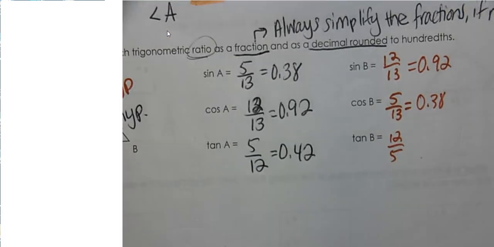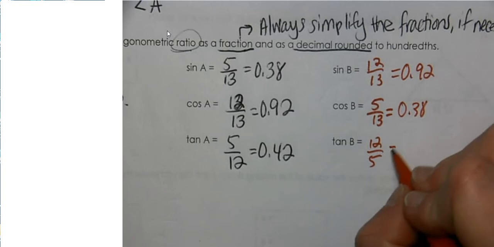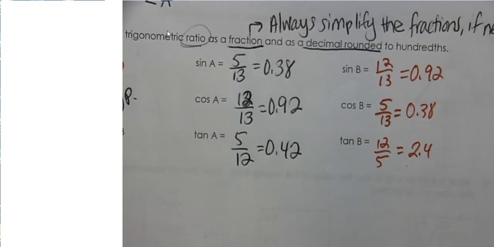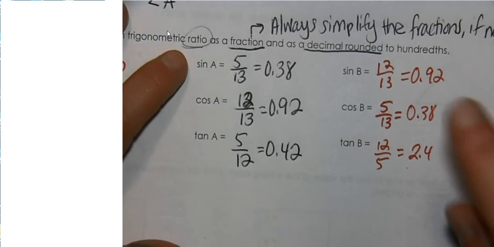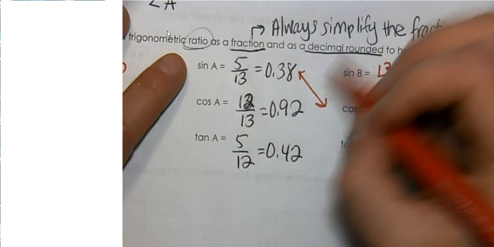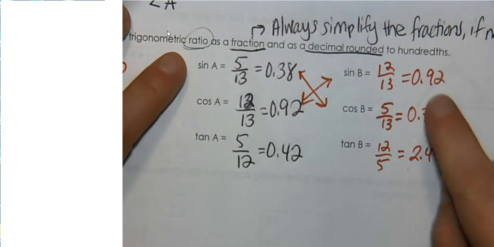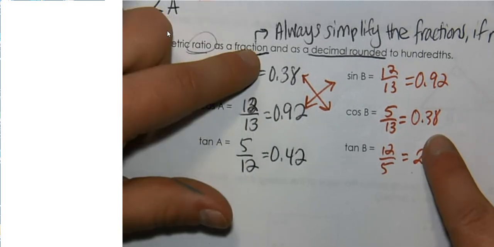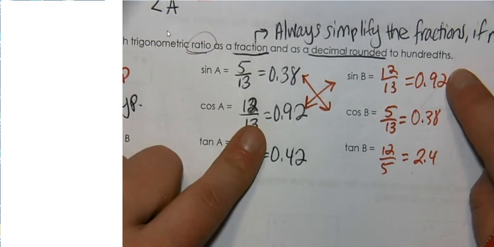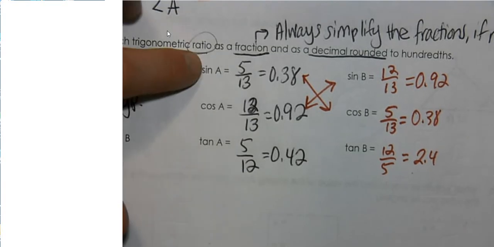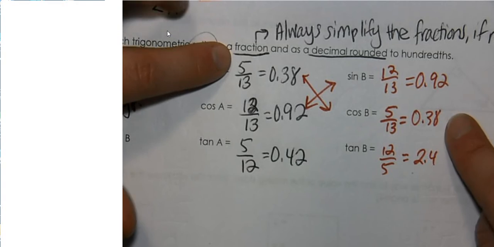And when we put 12 over 5 into our calculator, we end up with 2.4. So there exists a really cool relationship between the sine of one angle and the cosine of another. And that is that they are equivalent to each other. The sine of one angle is equivalent to the cosine of another. So that's something that I really want you guys to keep in mind, that there exists this special relationship. The sine of one angle is equivalent to the cosine of the other acute angle in the triangle, and vice